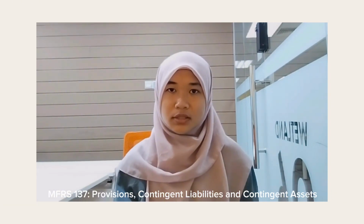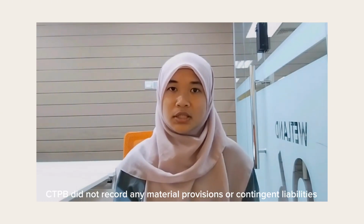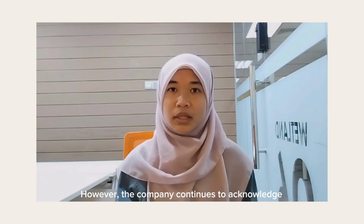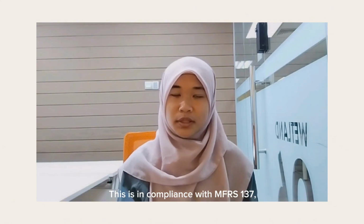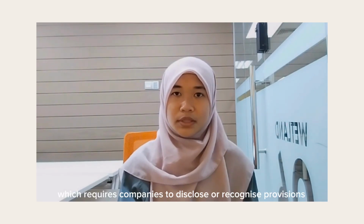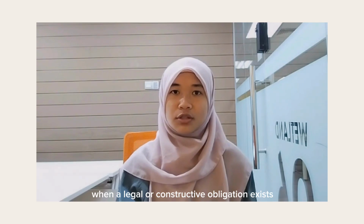MFRS 137 Provisions, Contingent Liabilities and Contingent Assets. Teck Plantations Berhad did not record any material provision or contingent liabilities for financial year 2024. However, the company acknowledged its obligations, particularly for environmental rehabilitation if required in the future. This is in compliance with MFRS 137, which requires companies to disclose or recognize provisions when a legal or constructive